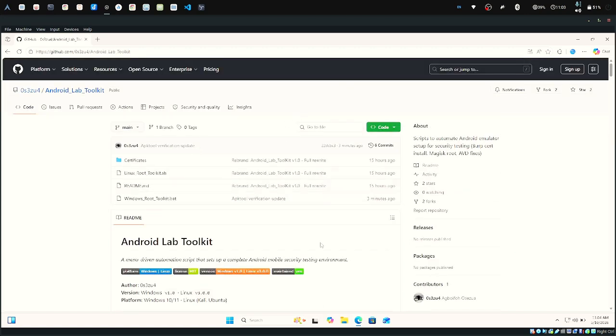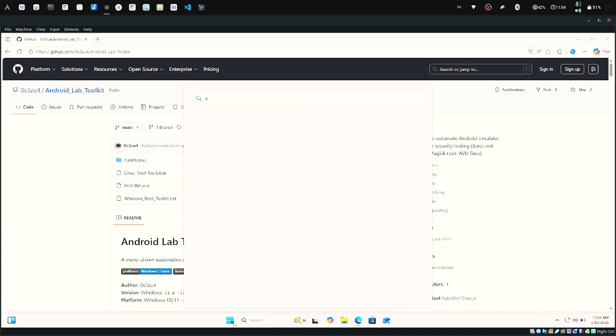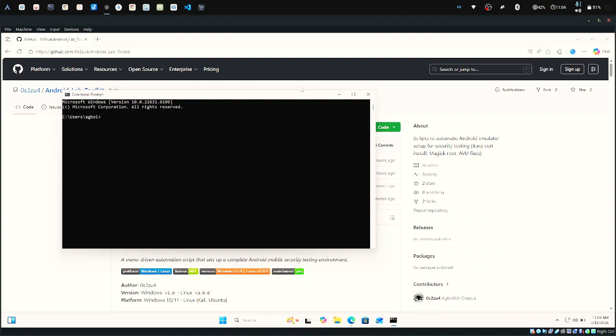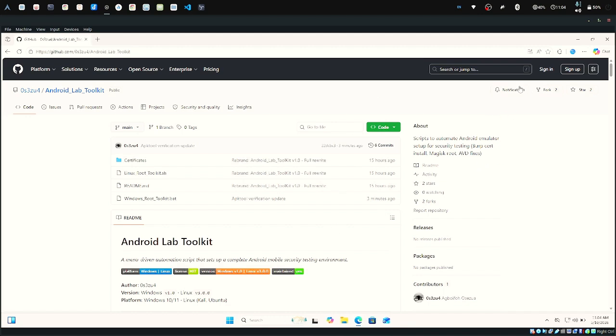What we'll do now is confirm. If I do cmd here, this is Windows. I actually use Linux, and this Windows is on a VMware. If I do ADB here, you see it's not recognized. If I do emulator, nothing. Frida, nothing. APKTool, nothing. Nothing is on here. So first things first, we would